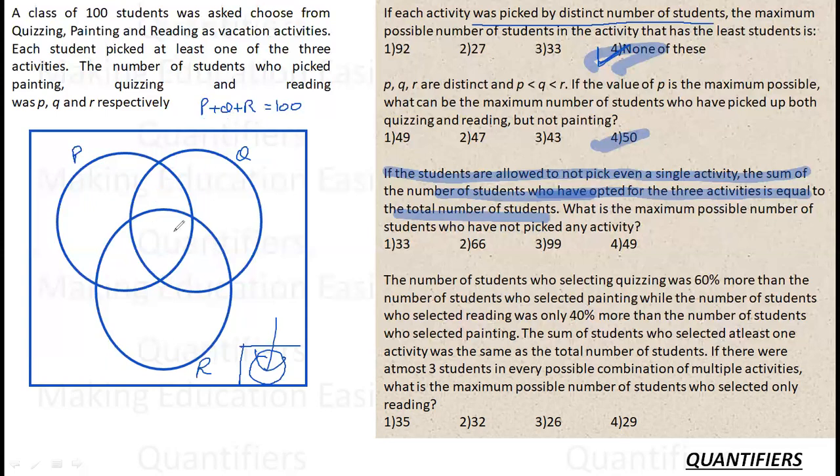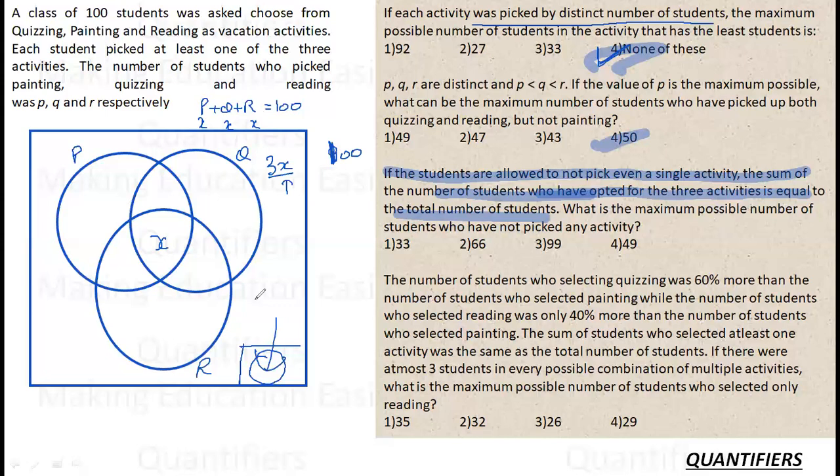We learned in the first question that if I am keeping any variable here, I'll be maximizing all my constants, which means x belongs to here, x belongs to here, x belongs to here, which means my total number of students here are 3x. So if this is 3x, I have to make it 100. Now, what value should I keep x as so as to maximize it?